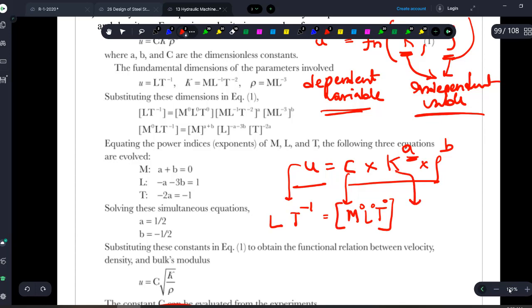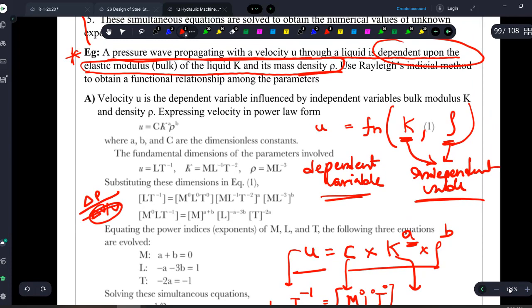Right? K. Bulk modulus. You know what is bulk modulus, right? It is delta p by delta v by v. Right? इसका तो कोई यूनिट्स नहीं रहता है. You might have studied this bulk modulus in the very first chapter of fluid mechanics. Change in hydrostatic pressure divided by change in volume. I hope you remember it. So delta p, pressure. You know what is pressure, right? Pressure is nothing but force, which is m l t to the power of -2, and pressure is force divided by area. So I will be getting m l to the power of -1 t to the power of -2.